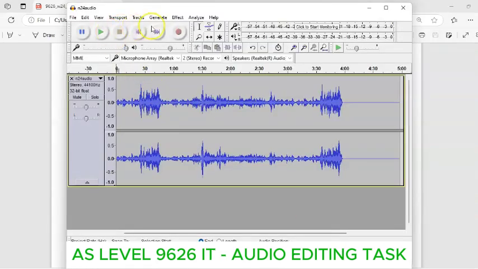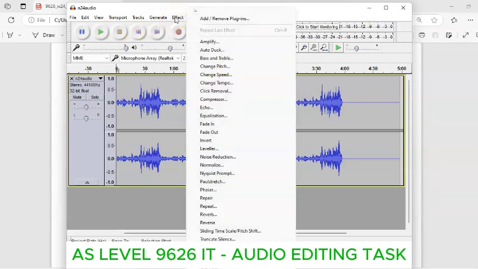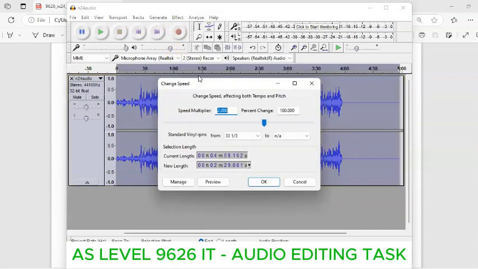So we need to find the speed. So the speed of the track, we find it on the effect. So you go to effect, you find change speed. So if you look here, the original speed was actually this, because I'd already tampered a little bit with the file. So this is the original speed that was there. So if you check the size of the file, it is about 4 minutes 58